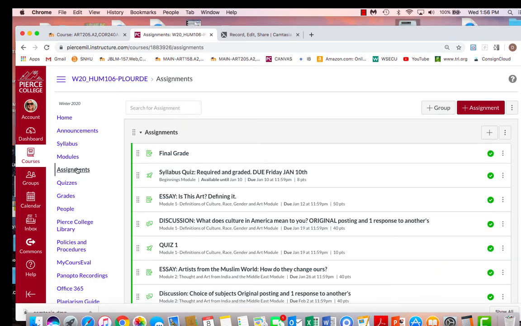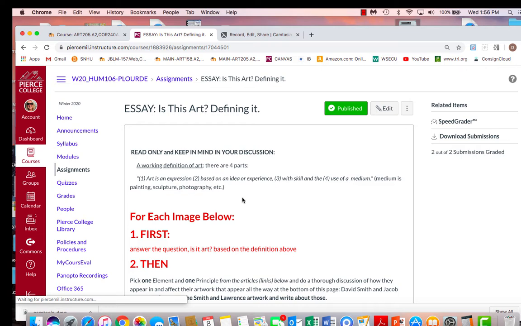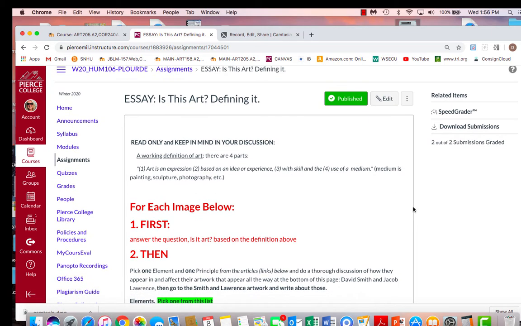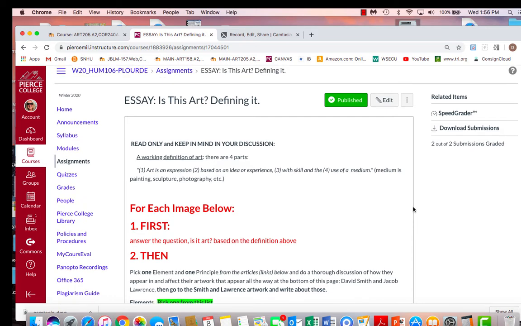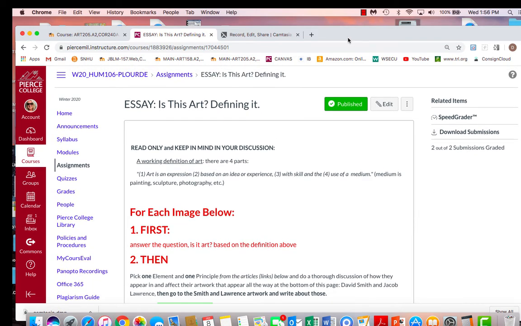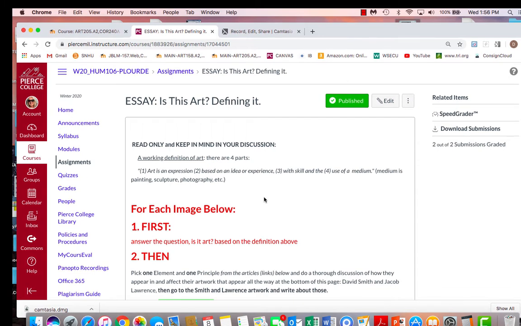I'm trying to record some comments about and instructions on this first assignment, this first larger essay for your humanities class. I've tried twice already and wasn't doing so well with this new system, but anyway, I wanted to go through these. The first thing I want you to do is read this, what I call a working definition of